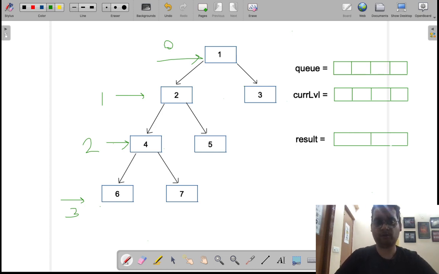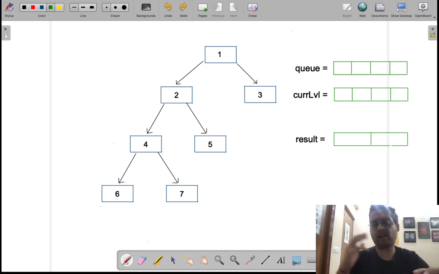So how are we going to achieve it? We are going to take simple logic. We are going to take all the elements of one level, put them on the queue, then pop each element, and at the same time add the left and right child of that node back into the queue. You put all the elements of a level in the current level list, and at the end of the iteration you push it as one element of the result. So this is the logic we are going to use here.